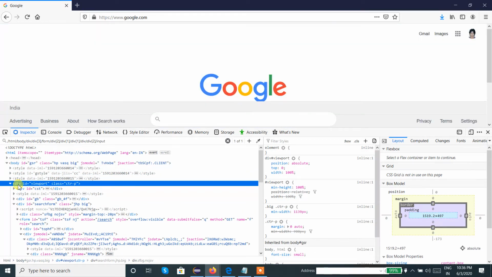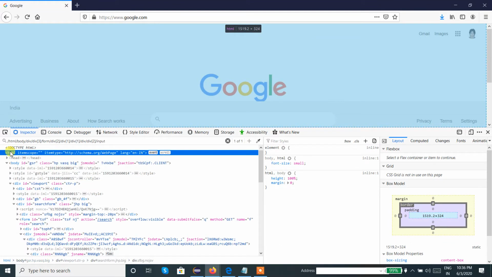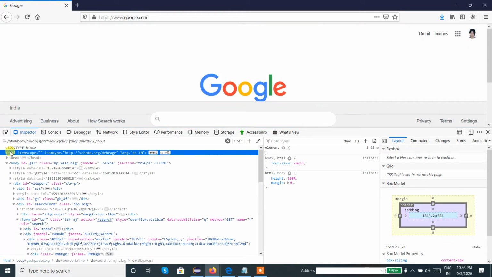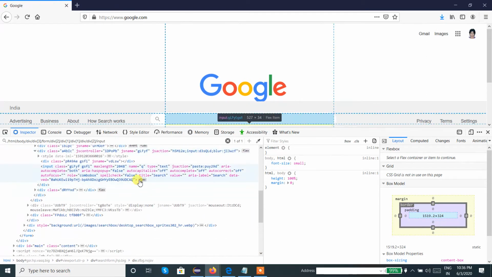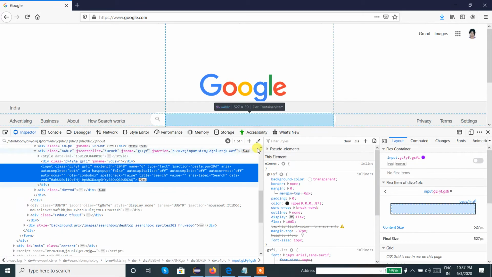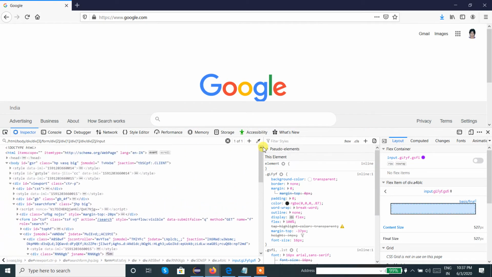So after this div we have the body tag and the HTML tag. This is the way we need to understand the flow. From the HTML tag till we get the web element information, we need to keep on writing all the tags sequentially, like /HTML/body/div and so on, till we get the web element.